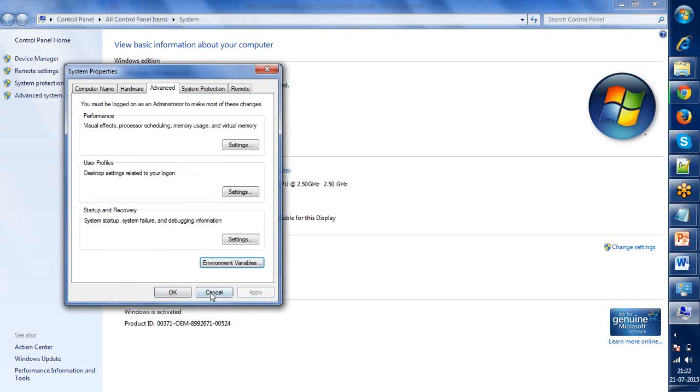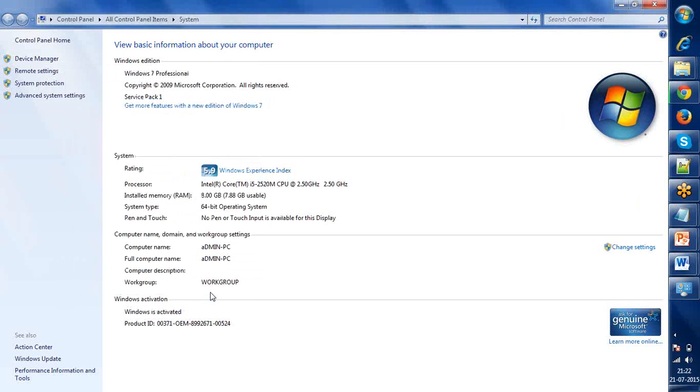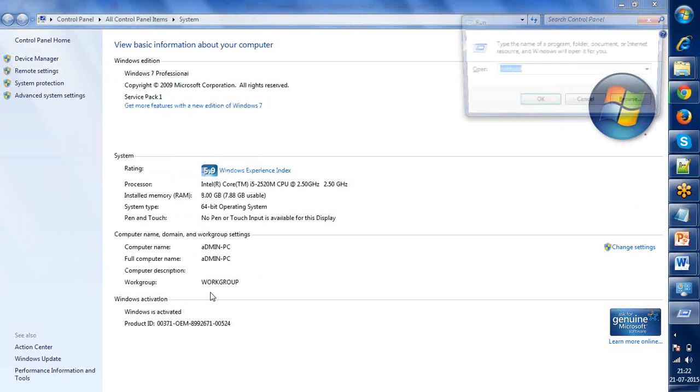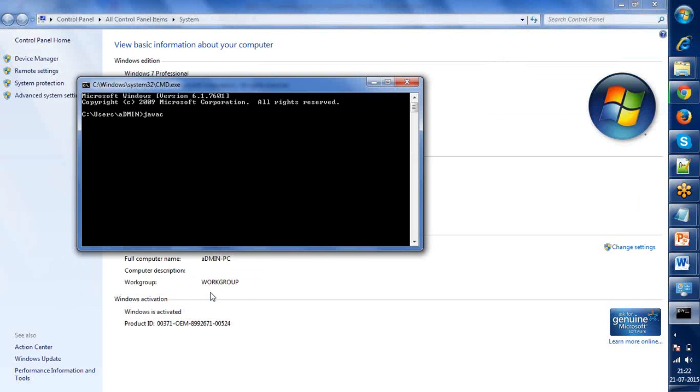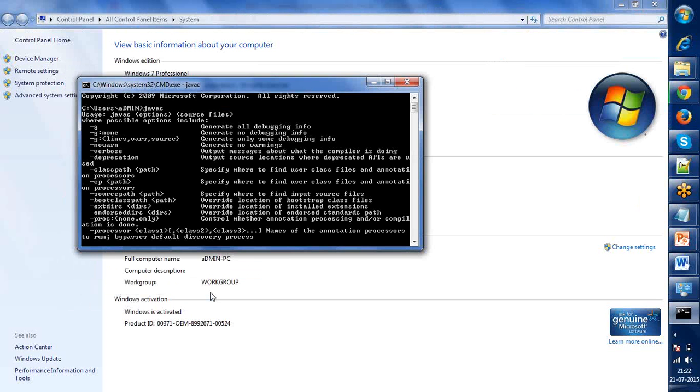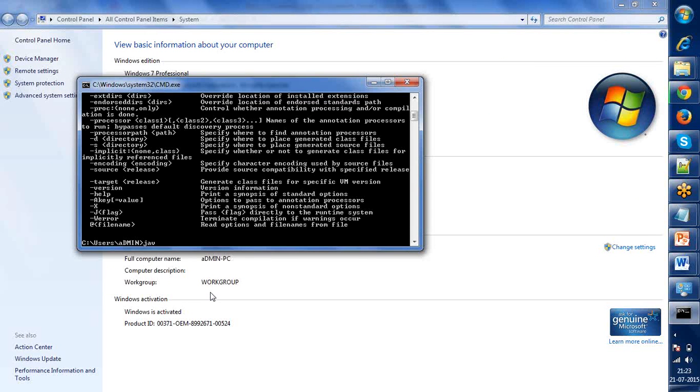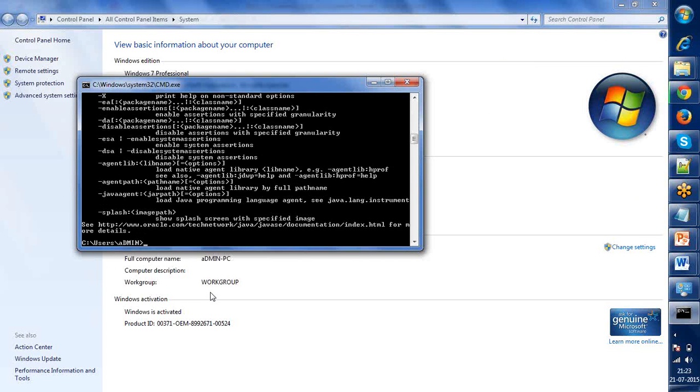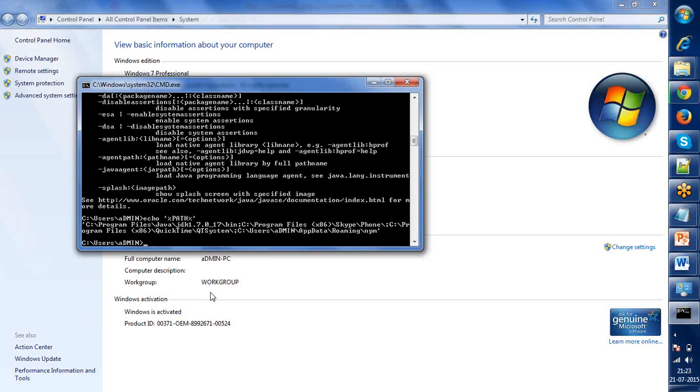Once you are done with this, you have to open the command prompt, cmd, and type javac here. You will get output like this, and then type java. You will get all these things. If you want to know your path or classpath, you have to type it like this. The path you have set will be shown to you. You can see that